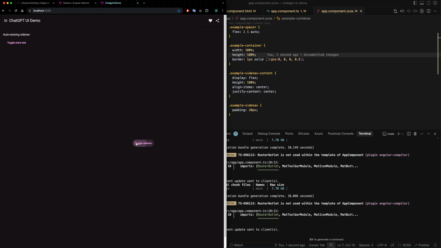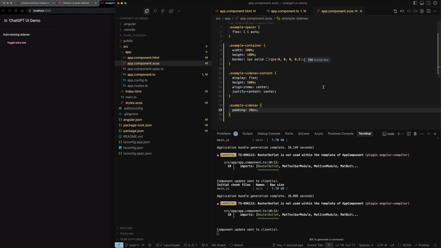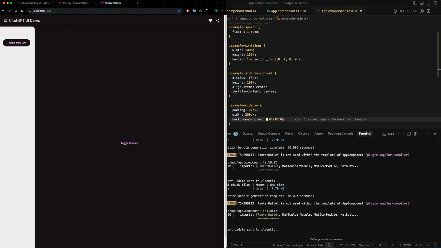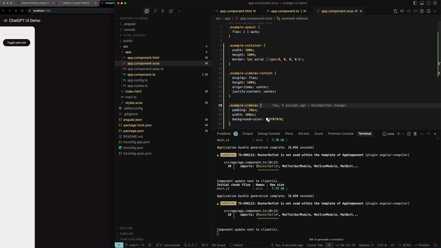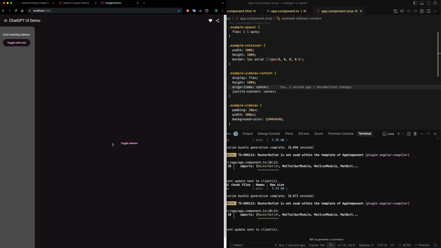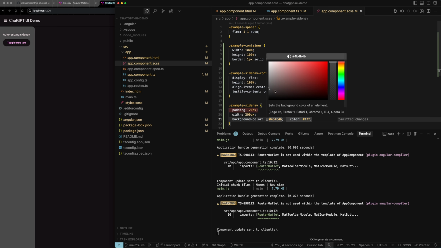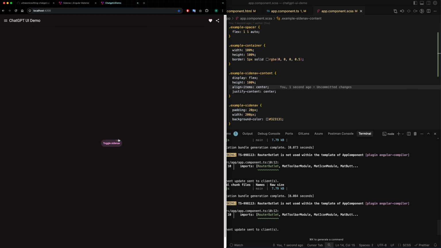And we got a full size window. However, if you notice, we are not able to distinguish between this side now. So what we can do is we can say width is 200 and let's put some background color. And it's too bright. Let's make it darker. And yeah, maybe a little bit more darker. Okay,